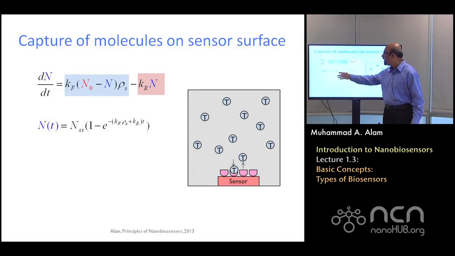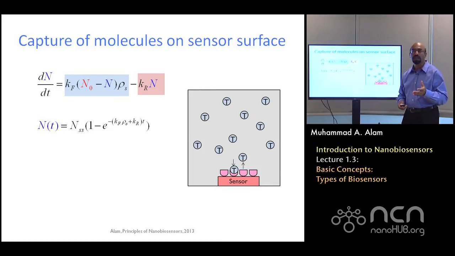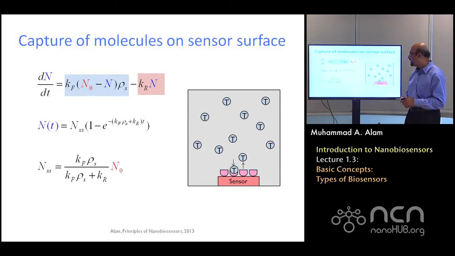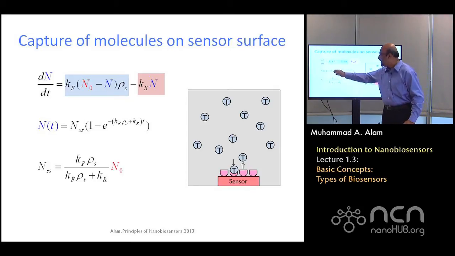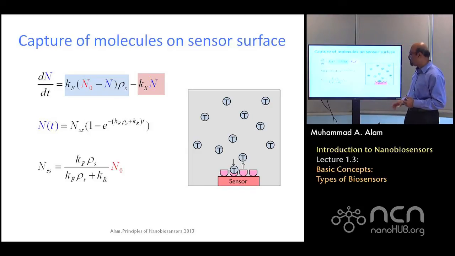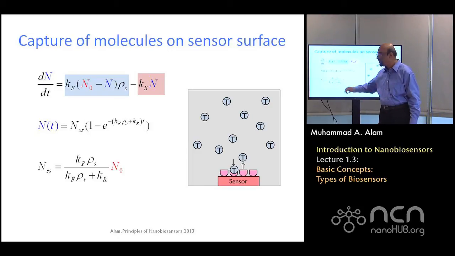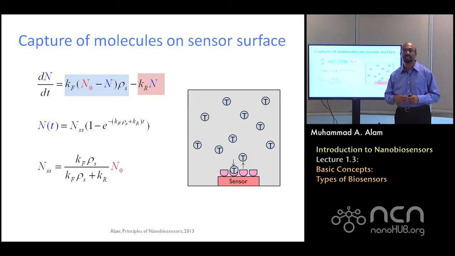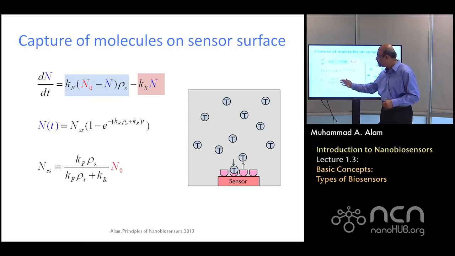And after a long time, you have reached a steady state because the number getting captured and the number getting released are approximately in dynamic balance. And so therefore, the total number is not changing. Now, this steady state number that you have is of course proportional to how many capture probes you had to begin with, and how sticky the sensor surface is relative to its ability to release. So of course, this would make sense.